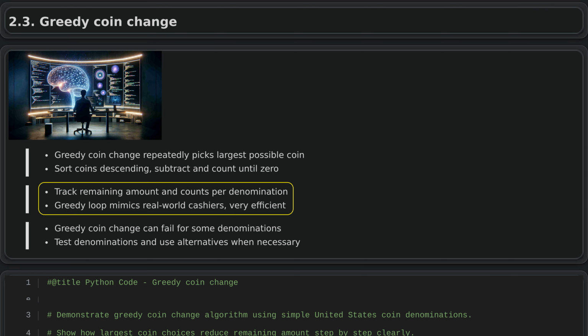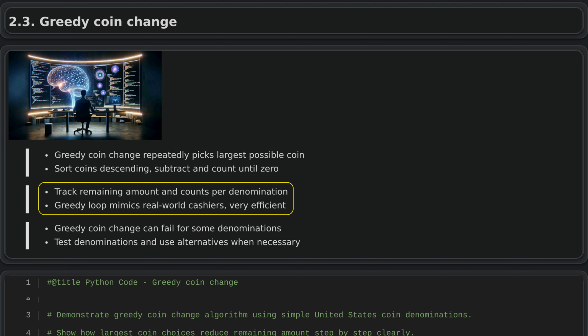In Python, the greedy coin change strategy works by keeping track of the remaining amount and how many coins of each type are used. You first sort the coin denominations from largest to smallest, then for each one, use integer division to find how many of that coin fit into the remaining amount and subtract their total value. You repeat this for all denominations until the remaining amount is 0 or you run out of coin types. This approach is efficient because there are usually only a few coin denominations, and it reflects how cashiers and vending